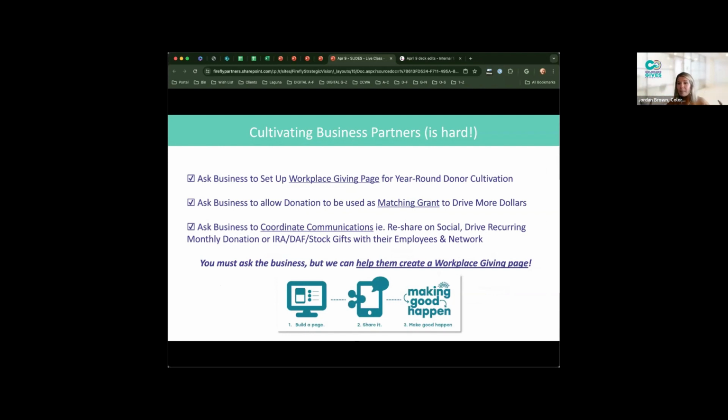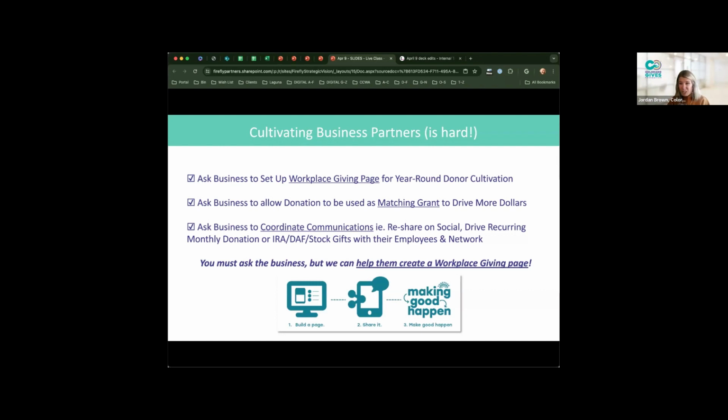Maybe they have several that they support throughout the year. So that's another benefit to them as the business. Consider asking the business to allow a donation that is intended for your organization to be used as a matching grant. So maybe you know that bakery down the street gives you $2,000 every year. Wow, that's amazing. And maybe you're putting their logos in different places and thanking them. Instead of just using that $2,000 donation, we're asking you to set up a matching grant for your next online